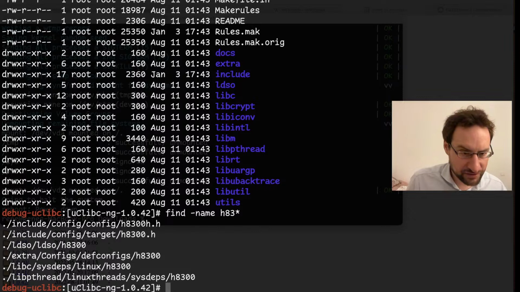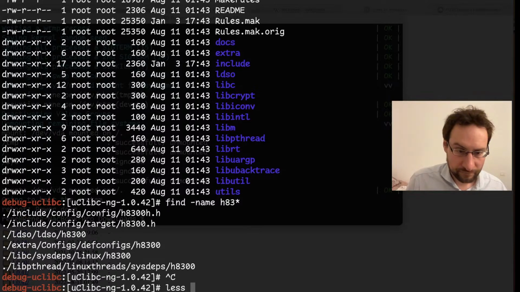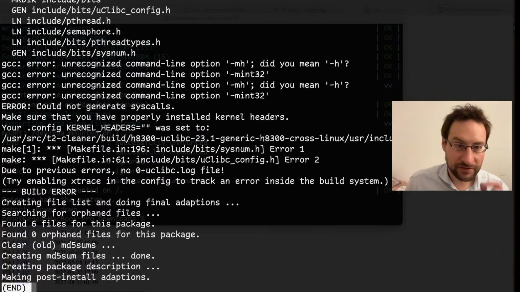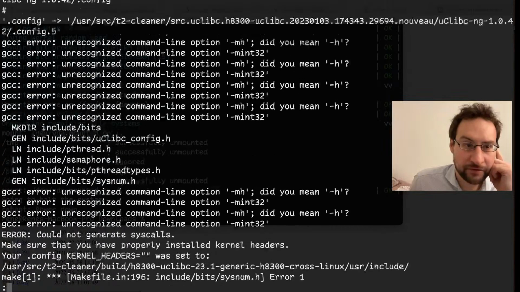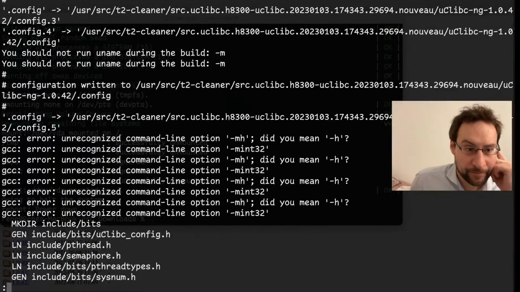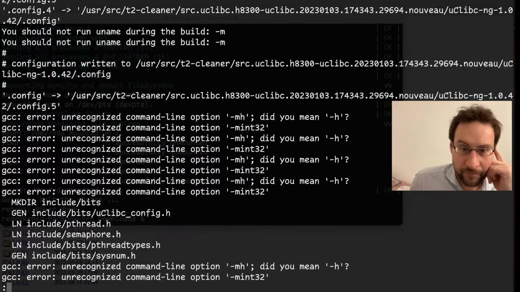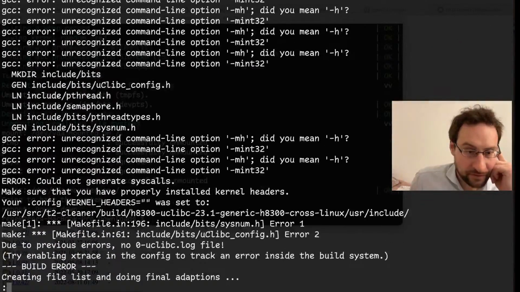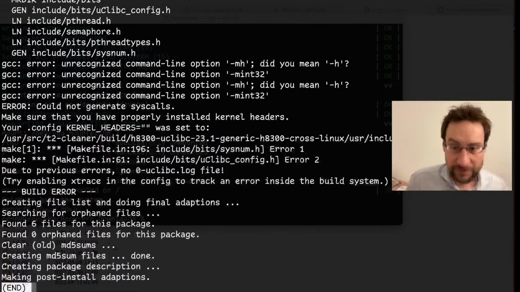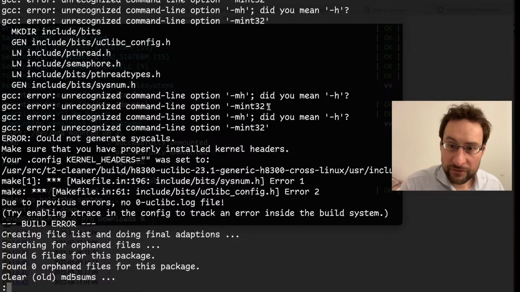So H8.3, so that's actually named like that. Why does it build for others but not for this? Maybe this needs some MN32.